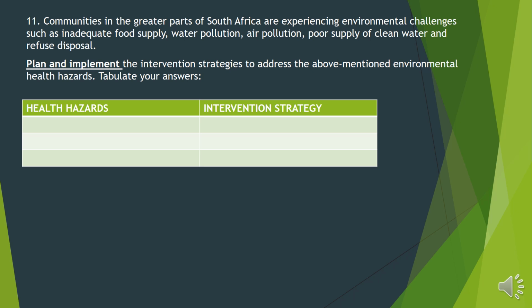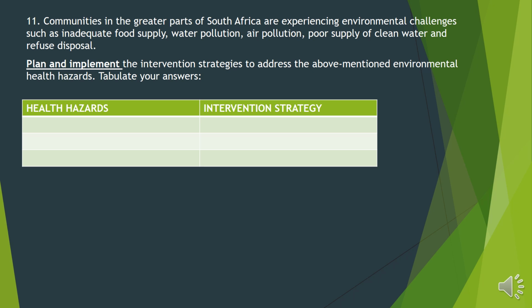And then on the right column, it's intervention strategy. So they want you to list or explain the intervention strategy for these health hazards that they have given us. Again, it will help to go back to the process of the environmental health study, go to step 2 of the planning and implementation of intervention strategies,